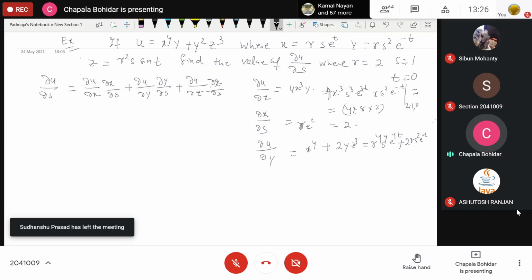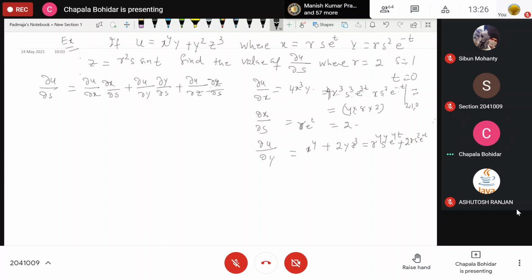Then it is zq. Zq is your z value. Then plus your zq multiplied here, that is your r6 s cube, then your s sin t sin t. Okay. So when the value is 0 0 0, so t is 2 1 0. What is the value? 2 1 0. It is 16